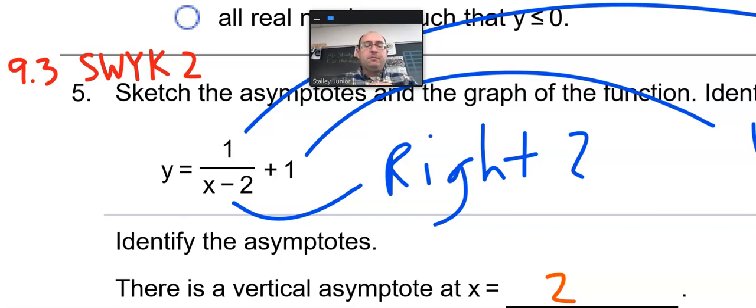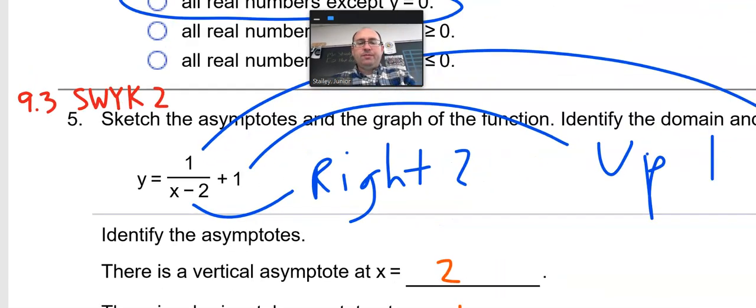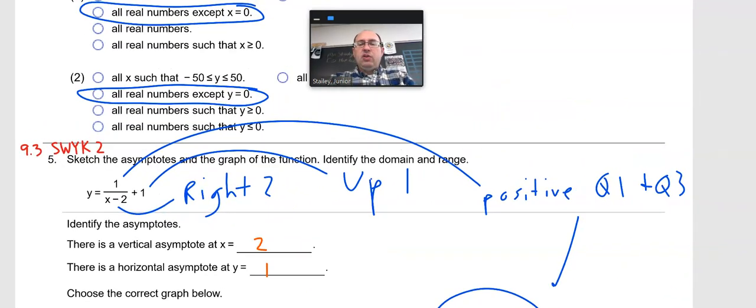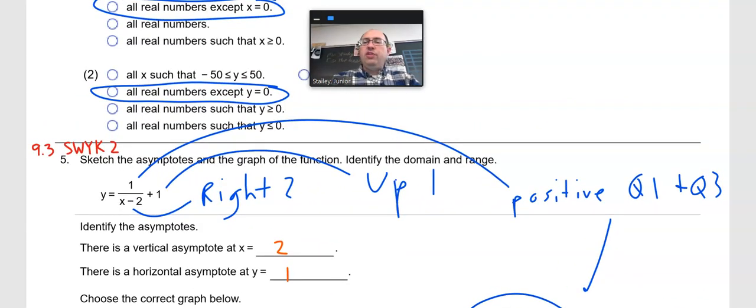And the plus 1 on the outside sends me up 1. If you understand that, and you also understand that the positive 1 in the numerator is causing you to be in quadrants 1 and 3,